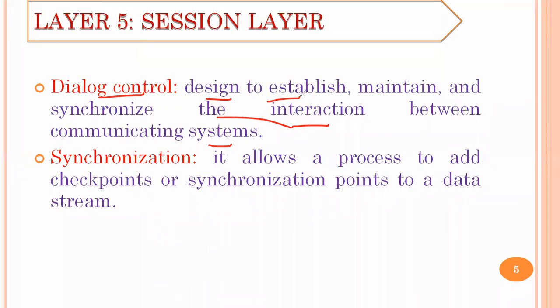Okay, and first of all, the connection establishment is there. Just remember that whenever you make a call to your friend or to your relative or your boss, first of all, the connection is being established. Whenever the ring is going to the receiver side, that means the connection is established between you and the receiver. Okay. Whenever he or she picks that call, then there is a transfer of data from